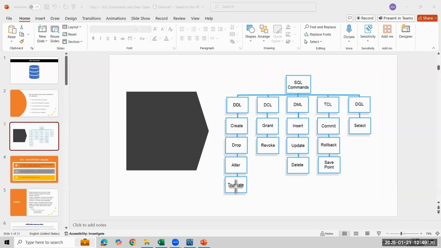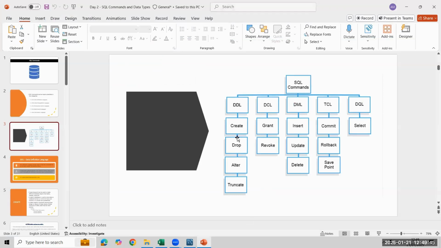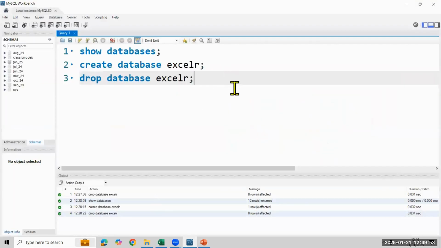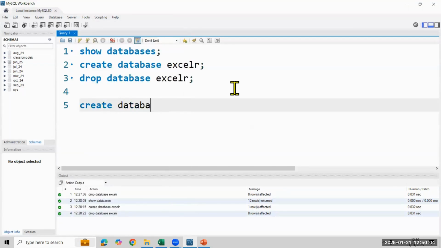Now, first thing, DDL. When I'm talking about DDL, what we have done now is we have created and we have dropped. So two commands are available here. But we have not used alter, so we'll be doing that also now. First we'll be creating a database. How to create, again I'm showing you. From here we are starting the live class. First thing I'm writing here, create database, and the database name I'm giving as